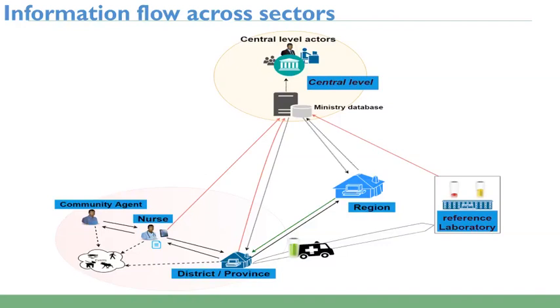So the nurse will come at the community level to assess the alert or signal if suspicious sample collection is done. And so the nurse informs this alert. So the data is entered into the electronic platform using a tablet at the health facility level, or maybe the equivalent according to the ministry concerned. And then information is transmitted according to the circuit of information of each ministry to the central level for decision making. The samples are transmitted to the laboratory, which has also equipment to enter the results. And these results determine the need